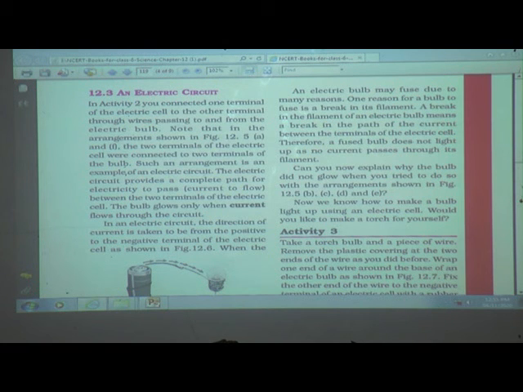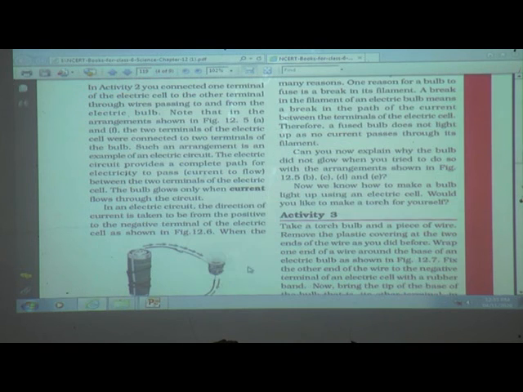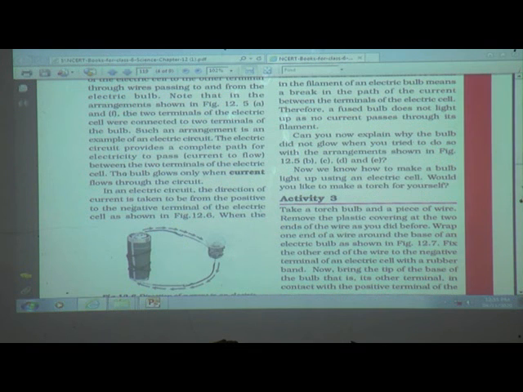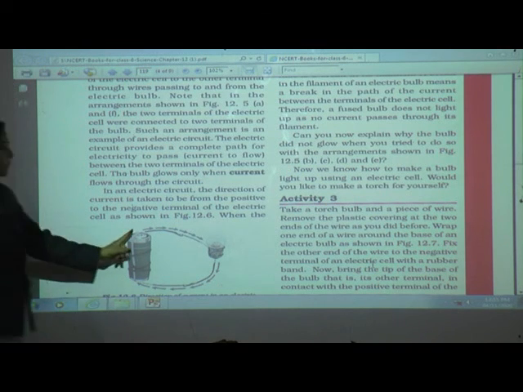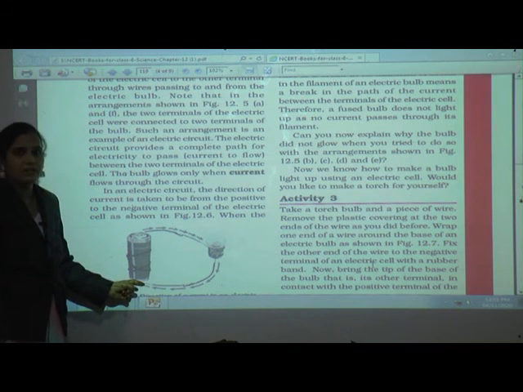In an electric circuit, the direction of current is taken to be from the positive to the negative terminal of the electric cell as shown in figure 12.6c. Positive terminal to the negative terminal. This one is a positive terminal and this one is a negative terminal.